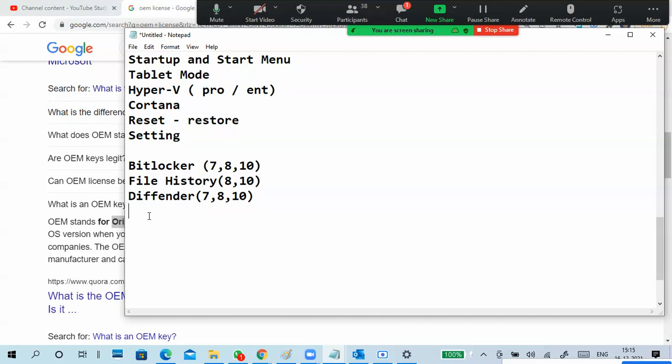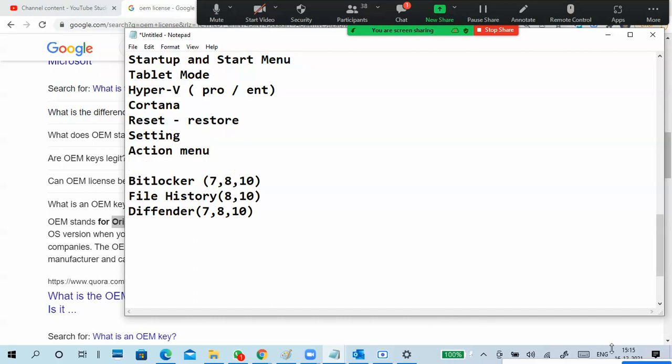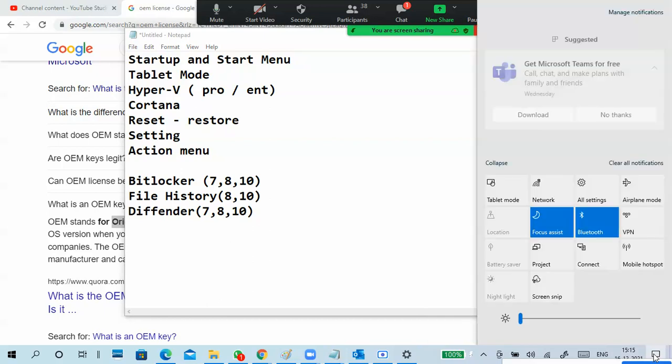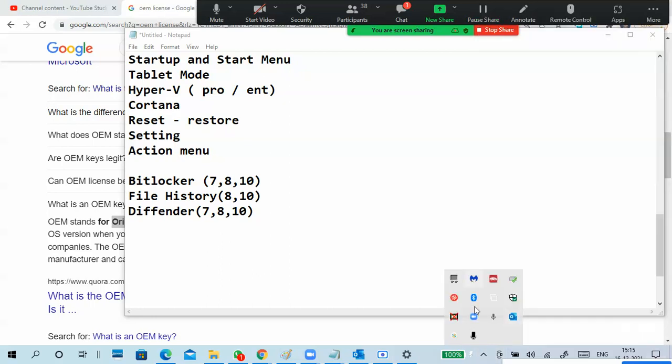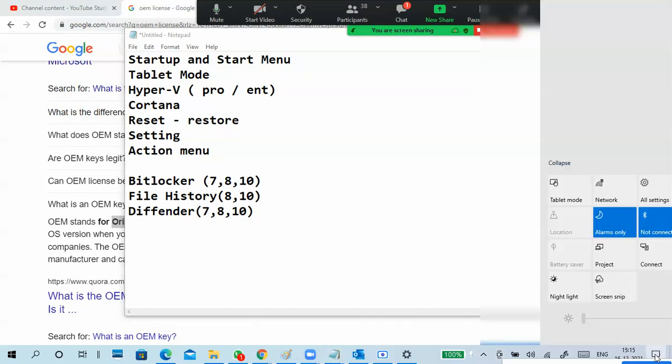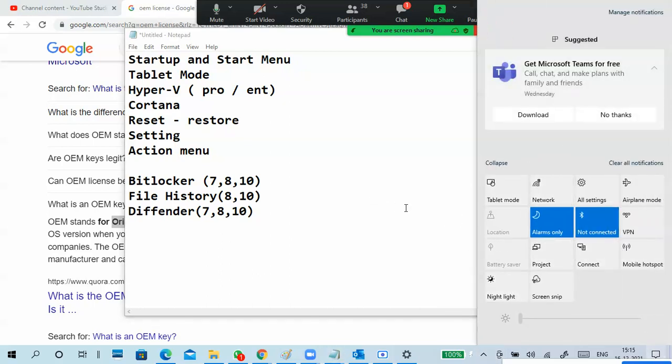Action menu. Click on notification, this is the action. If you click on notifications, the action menu will appear.